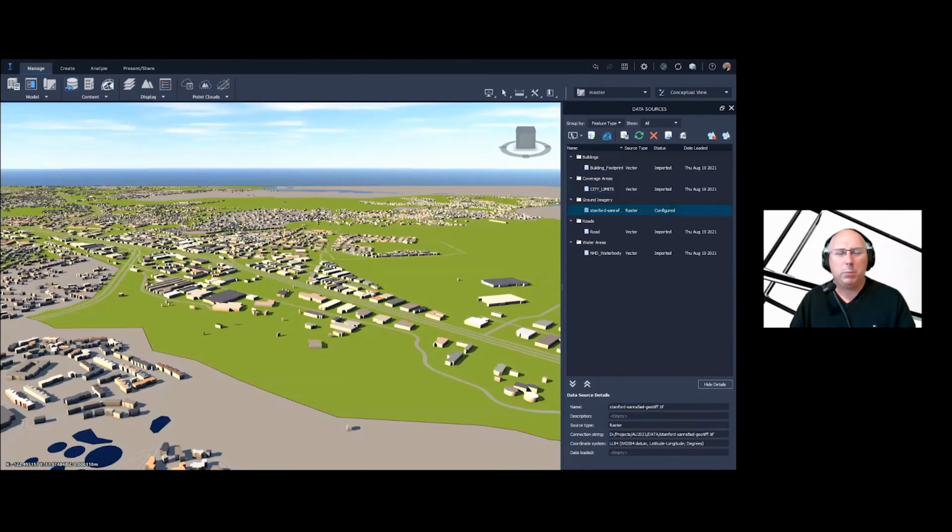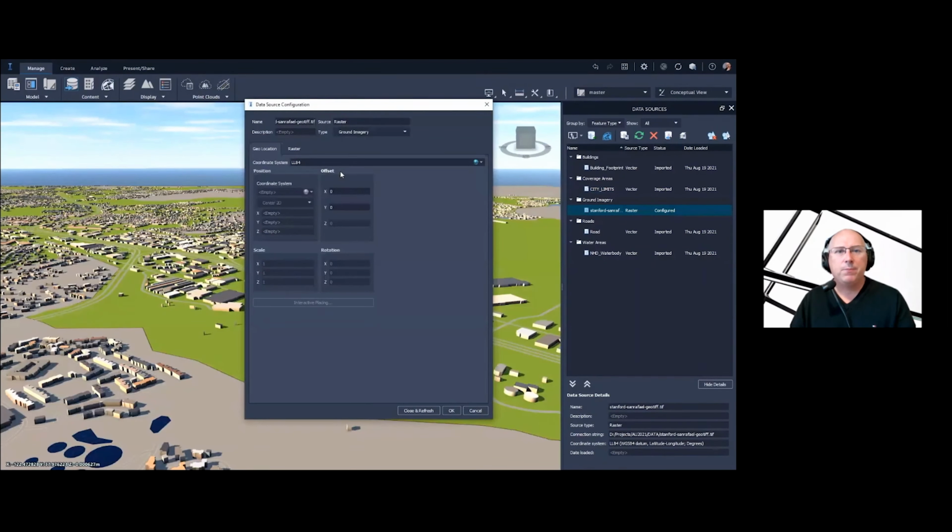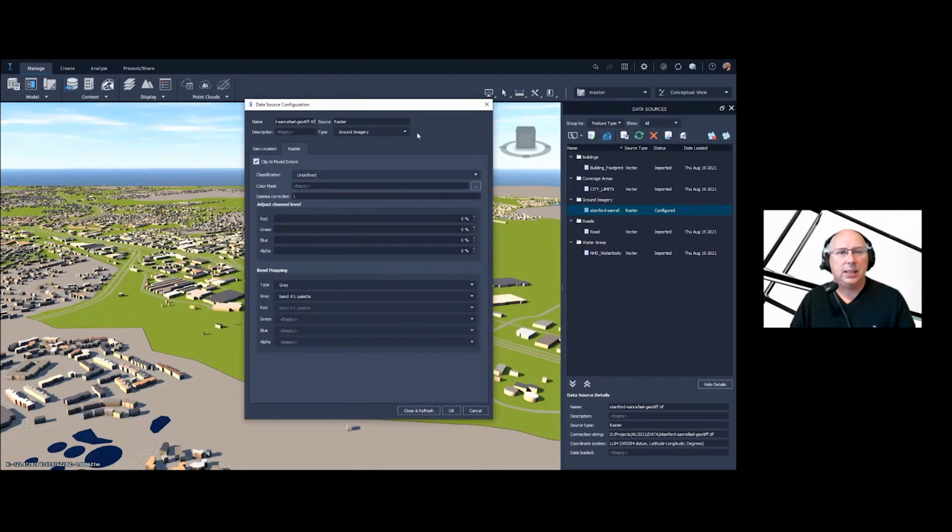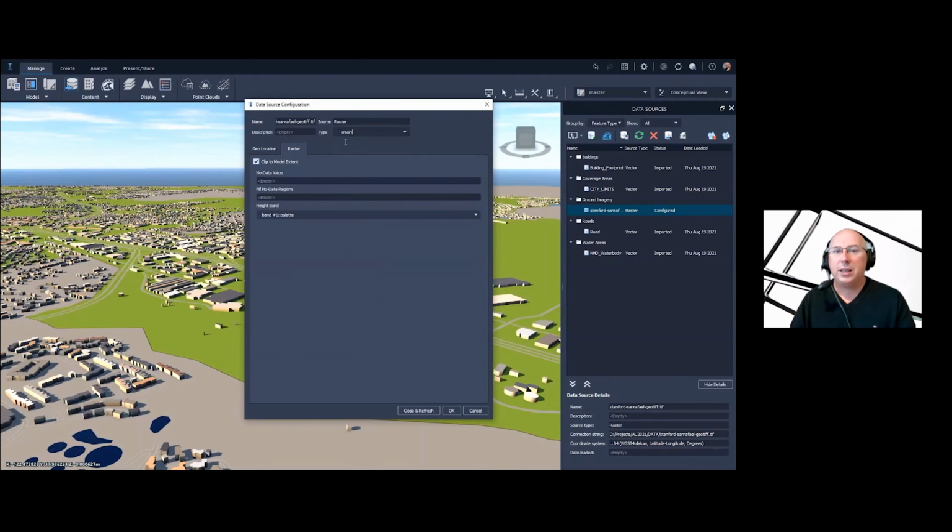And even though there's 30 meter pixels, we can still get some kind of contours. It won't be as dramatic. So we have to go in, and it is a raster file. There it is. And we can see that it should be not ground imagery. It's not imagery at all. This geotiff is actually terrain. So we're going to bring in terrain. So that's better. So you can make sure if you're going to bring in a geotiff or something with elevations, you make sure the type is terrain. Because if you just have an image, that's fine, but it's probably an air photo. If you're using terrain, that's a digital elevation model or LiDAR.